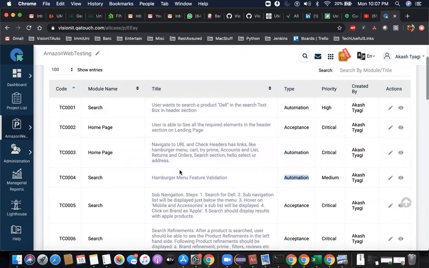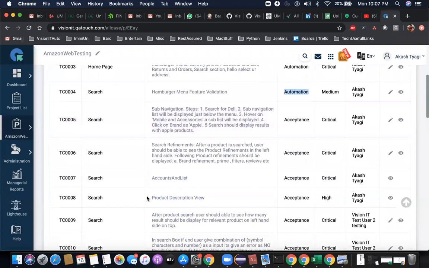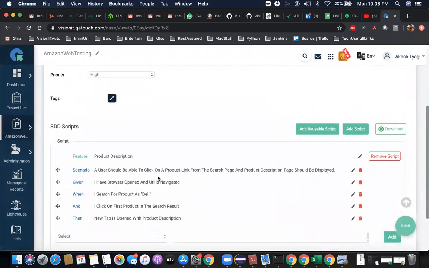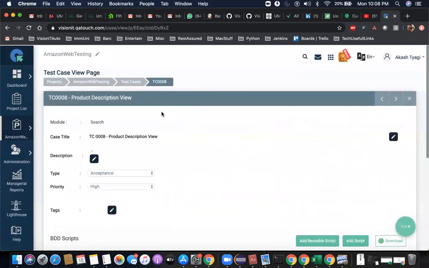The last test case which we automated was about the hamburger menu. Now we are going to automate test case number 8, which is product description view. If I go inside this, you'll notice the way I have created this is already in BDD format. And this is what I was talking about earlier, that when you add the test case in this portal, you should be creating it using BDD format